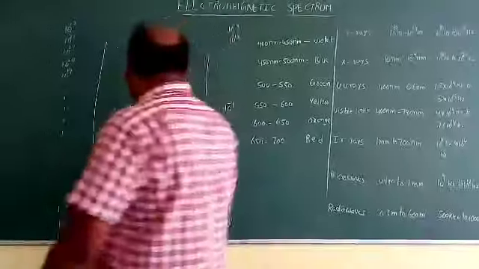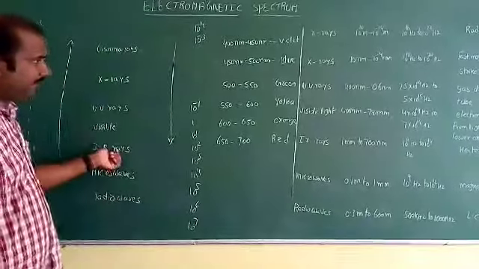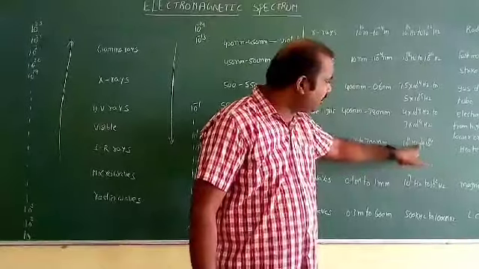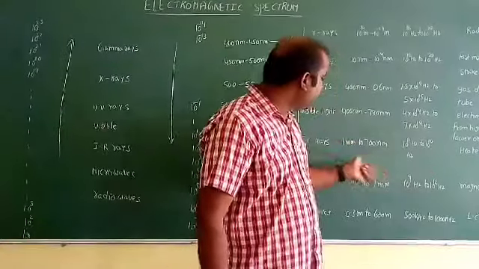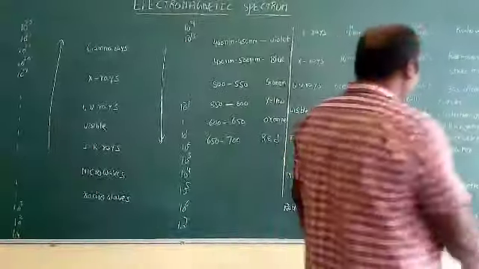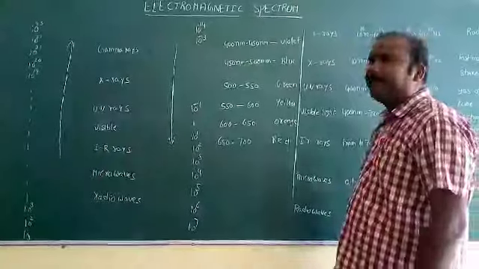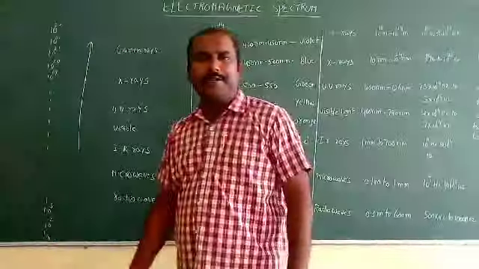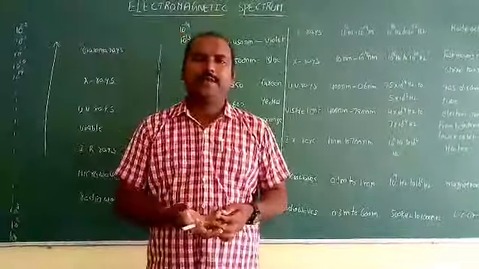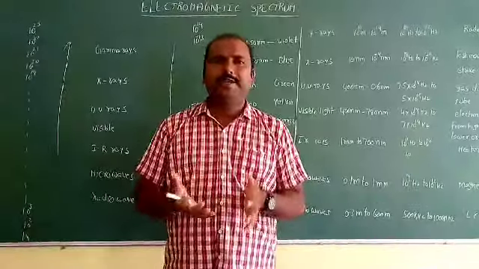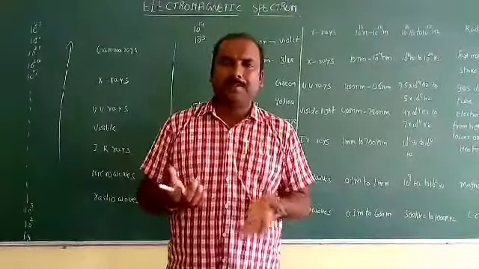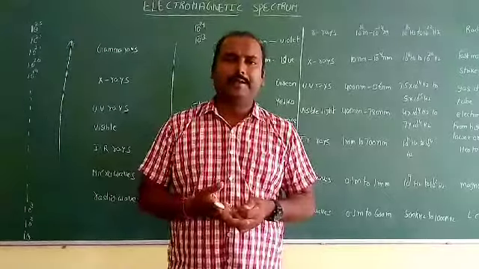And next category is infrared rays. In infrared rays, its frequency range is 10^11 Hz to 10^14 Hz, and its wavelength range is 1 millimeter to 700 nanometers. Where are we using these infrared rays? Infrared rays are mainly used in infrared cameras and night vision cameras, because they depend on the heat produced by bodies. By using that heat, we can take pictures of animals. With infrared cameras, we can also take pictures in fog.